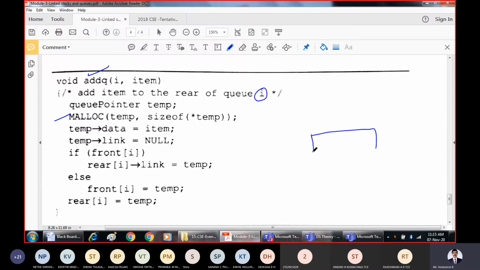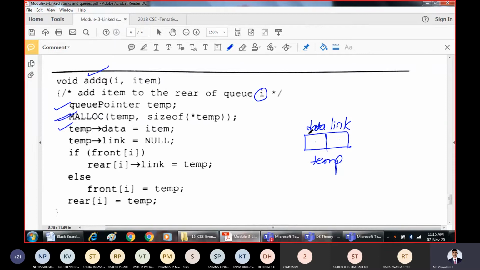Whatever fields are there, for our reference we are assuming there is only one data field, and this is our temporary node. Allocate queue pointer equal to temp, allocate memory for that, then temp data equal to item, whichever you want to store, because this is the data field and this is the link field.